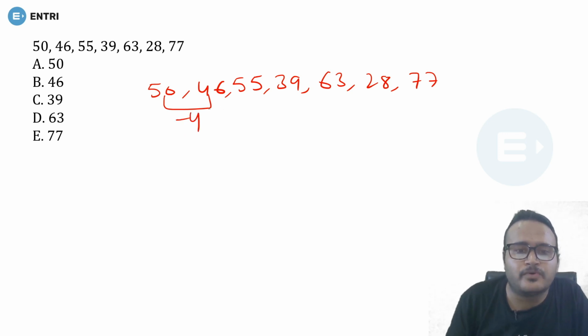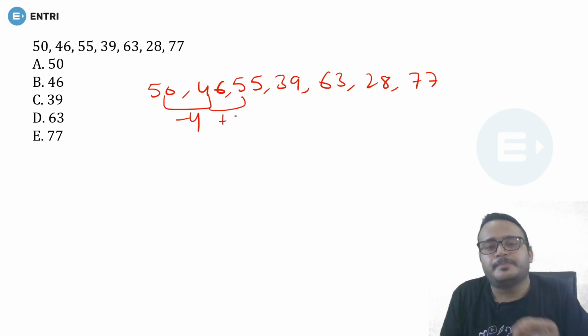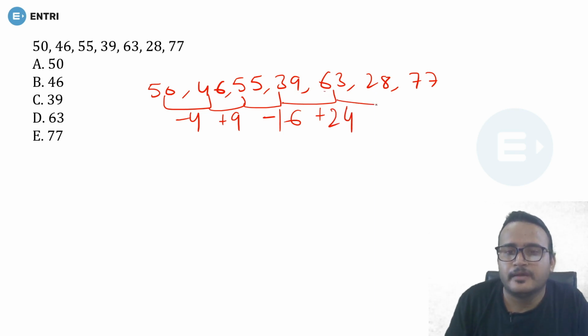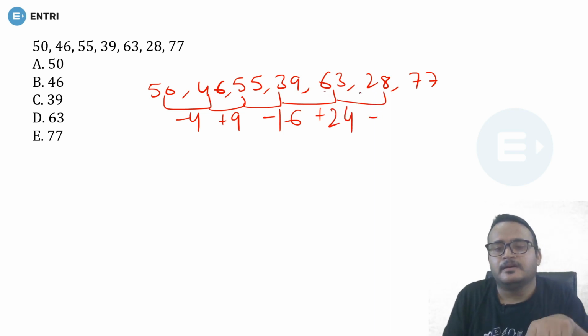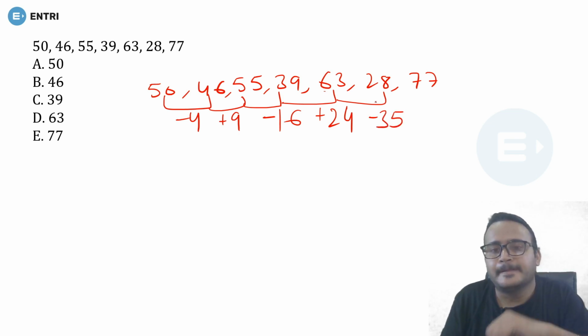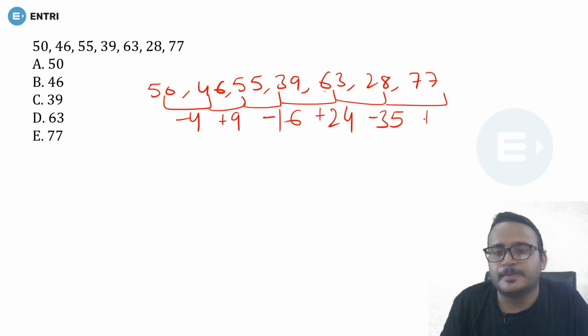So guys, this is minus 4, this is plus 9, this is minus 16. Okay, and this is plus 4, and this is minus 25. Okay, and this is minus 13, minus 8, and then minus 2, so 3. Okay, yes, and this is plus 7, minus 9. Okay, and this will be 4.